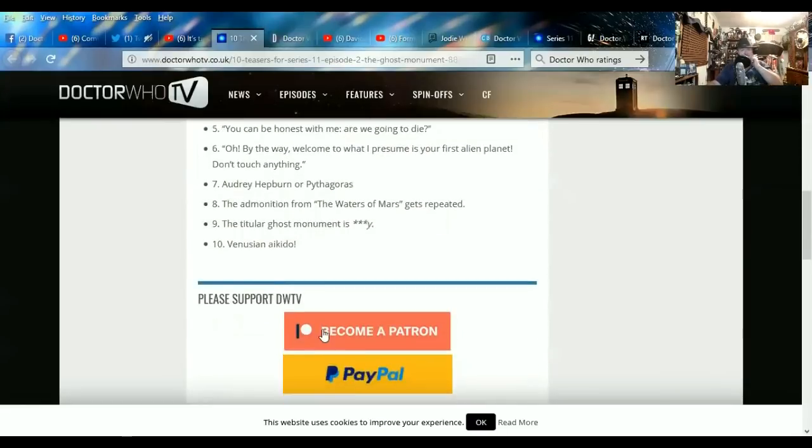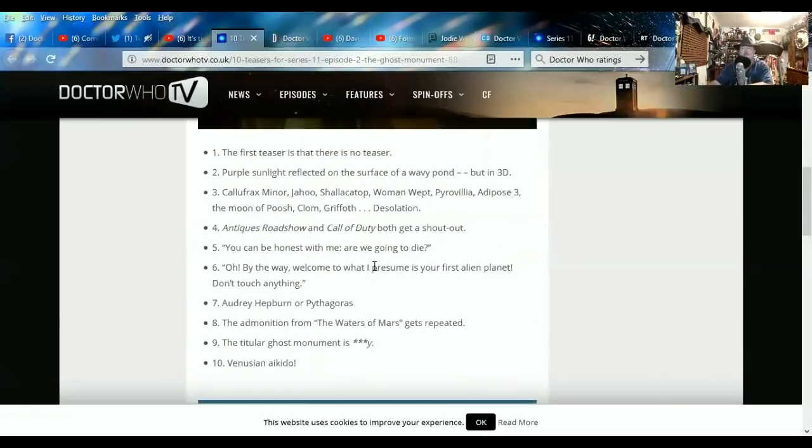Audrey Hepburn or Pythagoras. The admonition of the Waters of Mars gets repeated. Now, I'm assuming that's Time Lord Victorious, at least that's what Connor Farley assumes it is in the gang. Okay, now this is where we get no heavy-duty spoiler moments. The titular Ghost Monument, which is basically the goal of this race, which I told you about last night, is